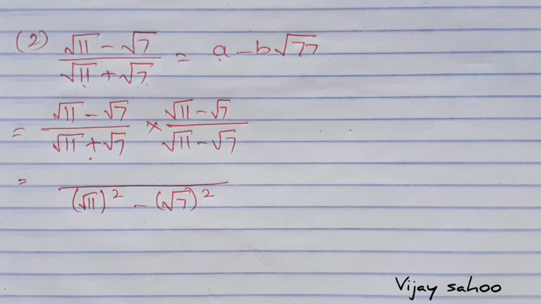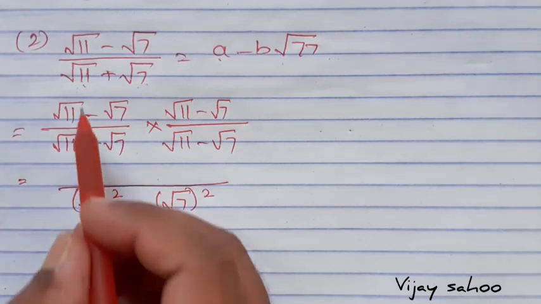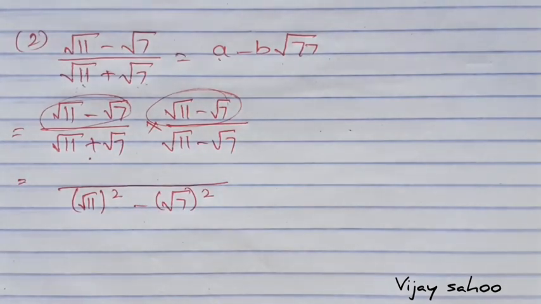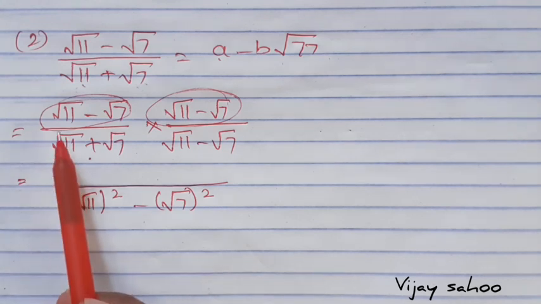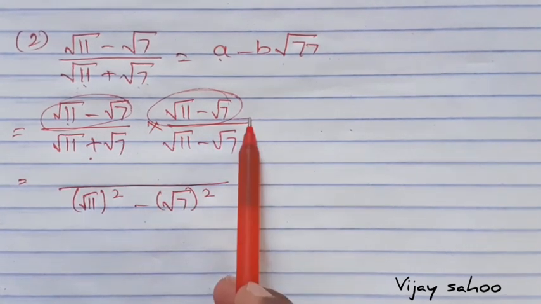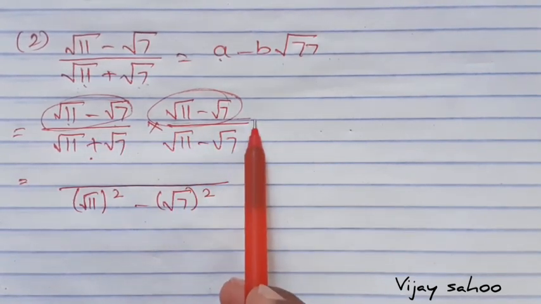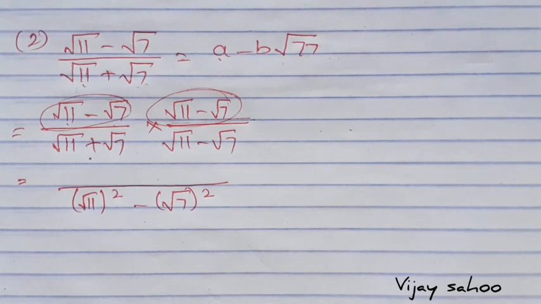Okay. So now numerator. In numerator you can see that both are same: root 11 minus 7, root 11 minus 7. In the previous question it is also the same part, but in every case you will not get the same value. Sometimes it will be different, so you have to multiply according to that. In the previous case I explained by taking the first term multiplying the entire value, second term multiplying the entire value. Now I'm going to change it over here. Why? Because to know a different method. You can apply any one of it. In both the cases you are going to get the same answer. But I'll show you the other method.